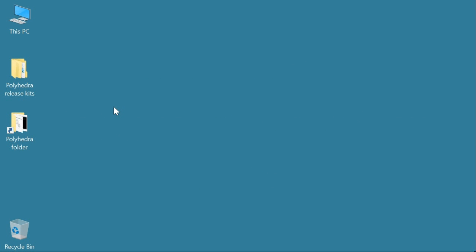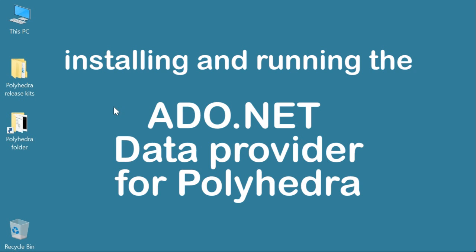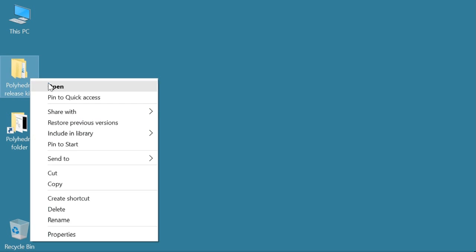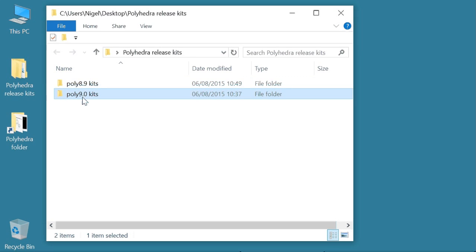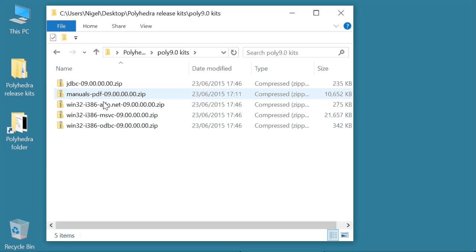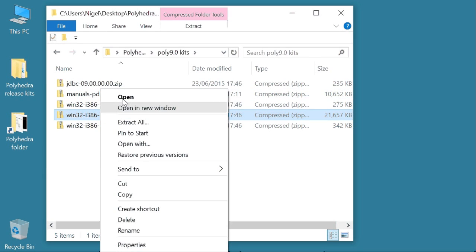I'd like to show you a short demonstration of the ADO.NET data provider for Polyhedra by first installing Polyhedra and its data provider on a Windows 10 machine and then building and running the example that is contained in the standard Polyhedra release kit. The Polyhedra release kit is provided as a zip file containing a folder whose name indicates